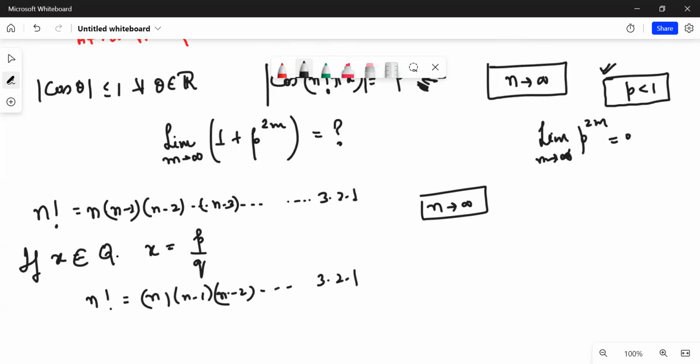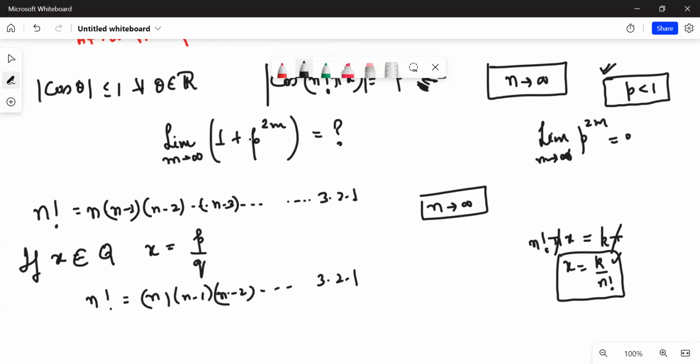In any case, if x belongs to Q, what I can say that there would be some q in between. मेरी बात समझने की कोशिश करो. Let's say if x is a rational number, और ऐसा समझो, let's say if n factorial pi x is some k pi, ऐसा कुछ लिखिए. अगर ये k pi के बराबर होगा तो this pi would get cancelled, x would be equal to what? K upon n factorial, मानते हो? और k क्या इंटीजर है, समझ लो।